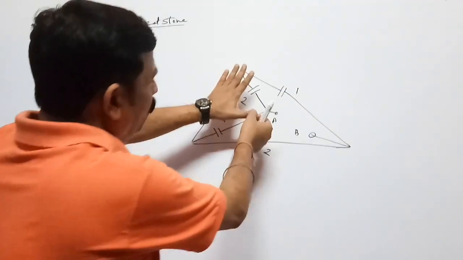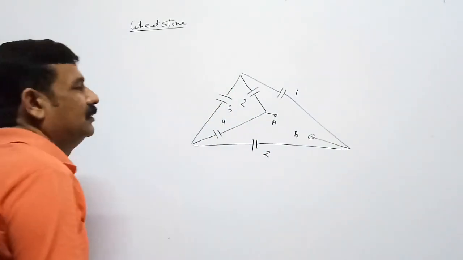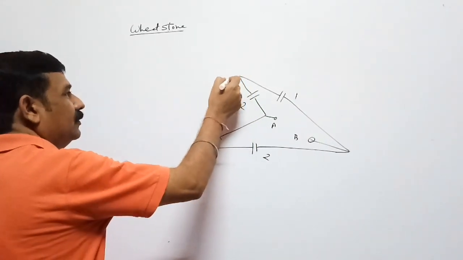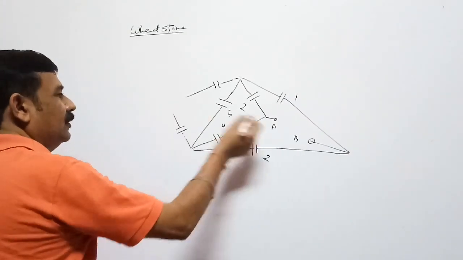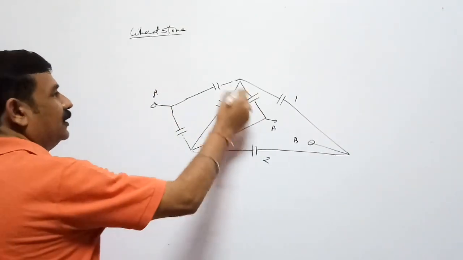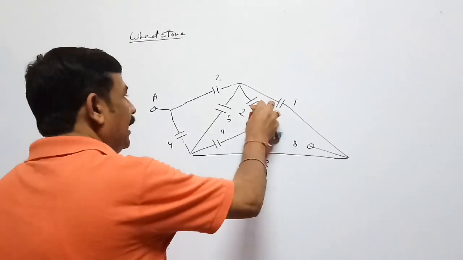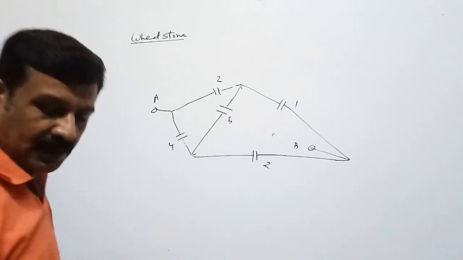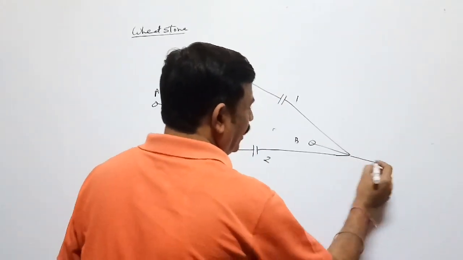See here, if we hold this thumb here and shift like this, this figure will go here, this capacitor will be here, this capacitor will be here, and this point A will go this side. It was 2, it was 4. Remove it because I have shifted this portion that side. Similarly, this point B is shifted here like this.